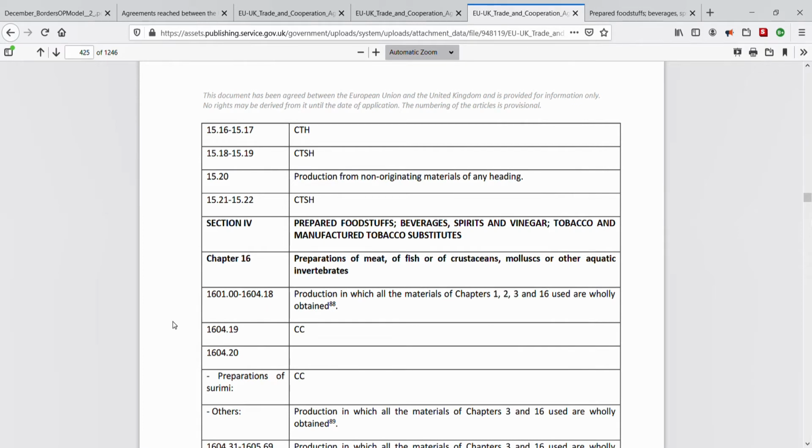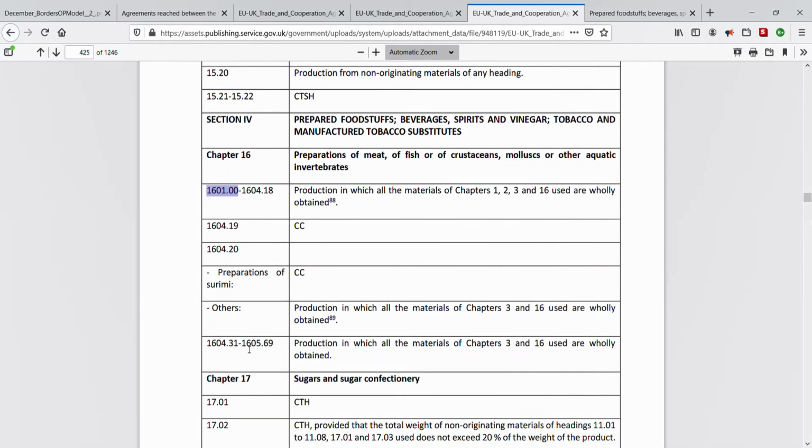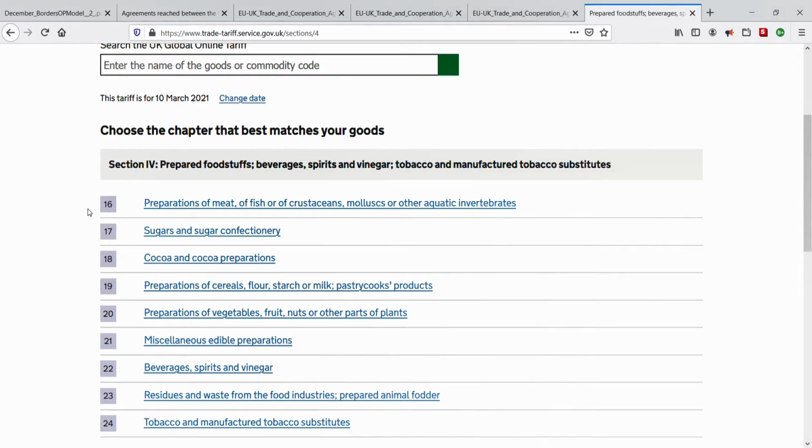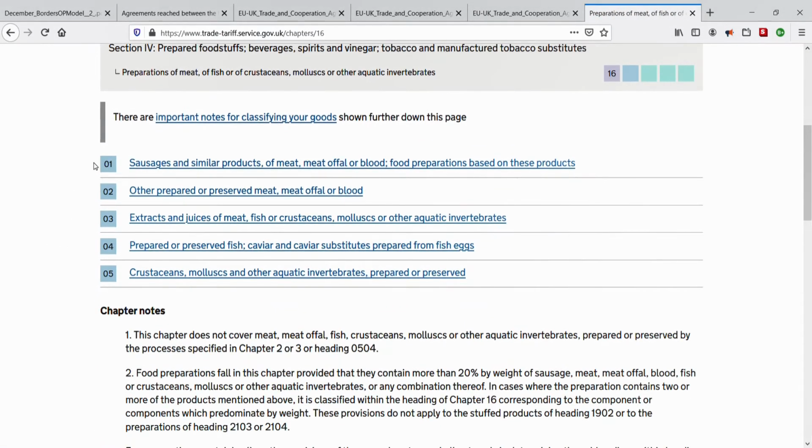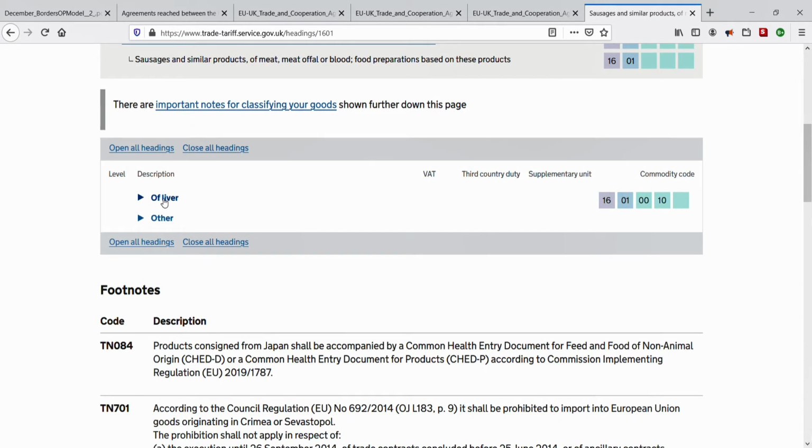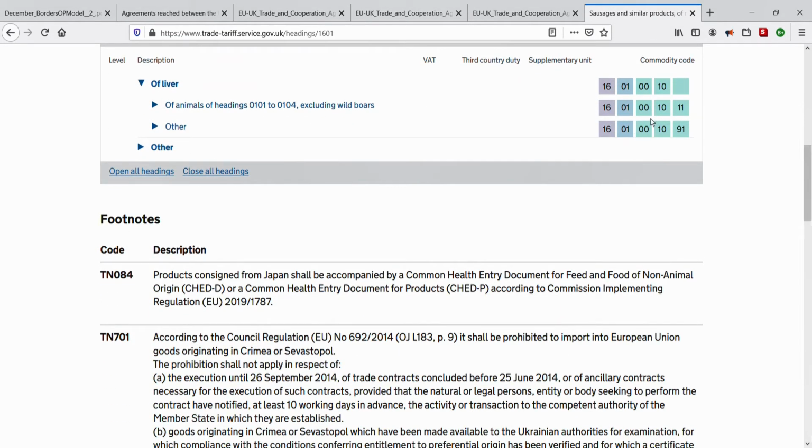Great. So, focusing just on Chapter 16 here, we see headings range from 1601 to 1605. And these have the last 2 subheading digits, ranging from 00 to 69. Great. And I'll take a moment to double check these subheading numbers, 1601.00 to 1605.69 in the Trade Tariff tool. Whilst I'm doing that, it does indeed look like the structure of the Rules of Origin numbering system is taken from the starting digits of commodity codes. In this way, the numbering system for Rules of Origin is easily linked to commodity codes, and therefore, to further information relating to duties, VAT, licensing and more, as found in the UK Trade Tariff tool.